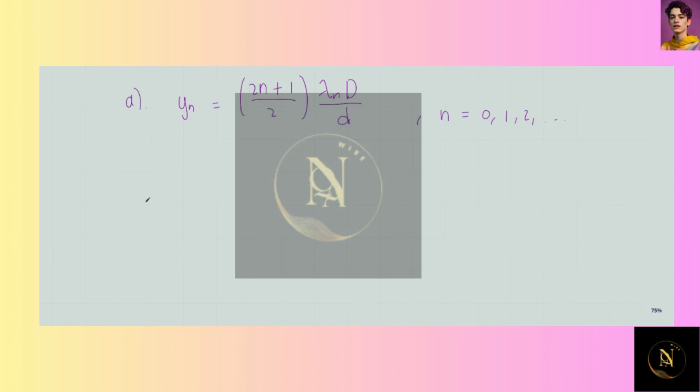Now, this means that rearranging, the wavelength lambda_n is equal to 2 over (2n plus 1) times y_n times d over capital D,